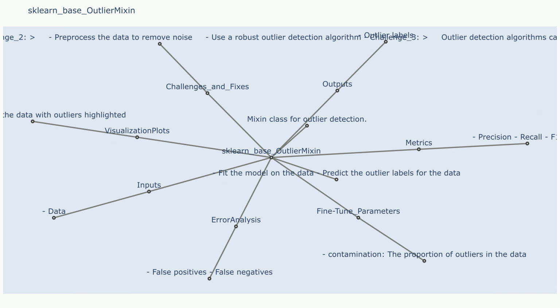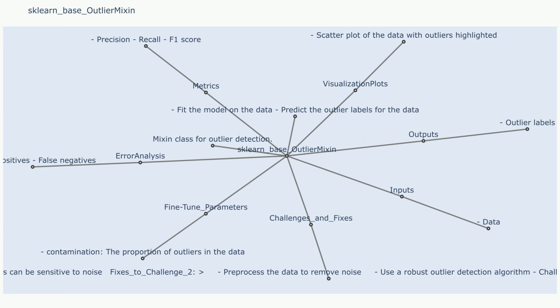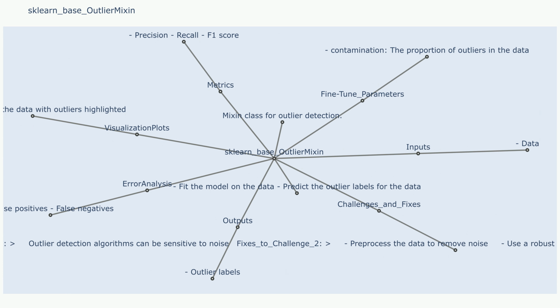Challenge 2. Identifying outliers in complex datasets with nonlinear relationships. Sample use case that resulted in challenge 2. Outlier detection methods based on distance or density may struggle to identify outliers in data with complex structures that cannot be easily captured by linear models. Fixes to challenge 2. Employ outlier detection algorithms designed for nonlinear data, such as isolation forest or local outlier factor,